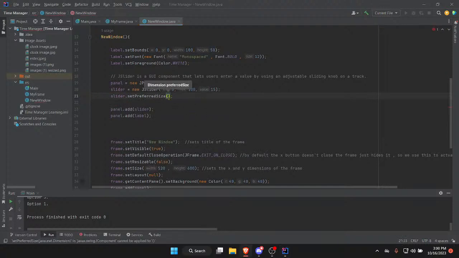We're going to type in new dimension, and we're going to give a width and a height. So 400 is a decent width. So 400 for the width and 200 for the height's pretty decent, I would say. Let's actually see what we have so far. Okay, yeah, here's